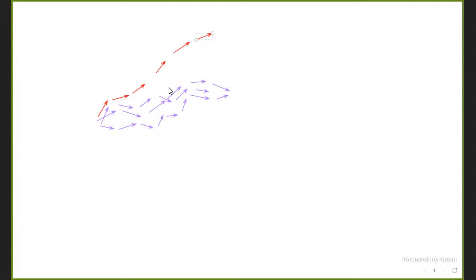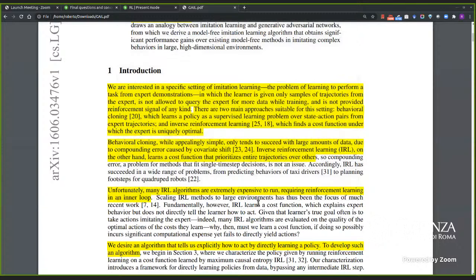I hope again this explanation is clear. The issue is that while moving with small errors, the imitator, the cloner, the learner might end up in states where the expert didn't provide any samples. So basically, the issue is that the state distribution of the learner does not coincide with the state distribution of the expert, and this leads to this issue that they are describing in the paper. Let me again share now the paper. Okay, so